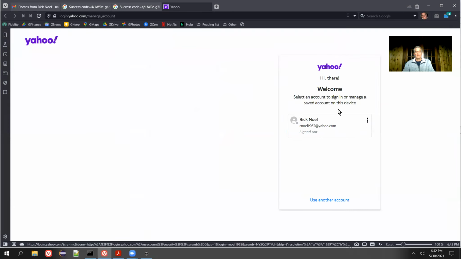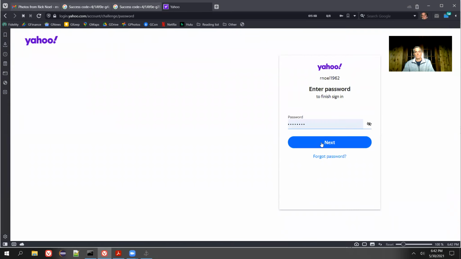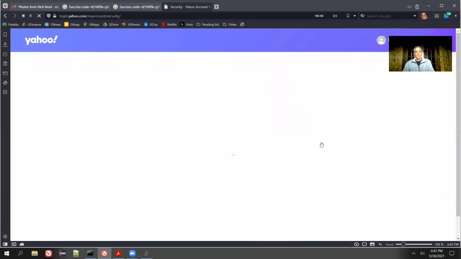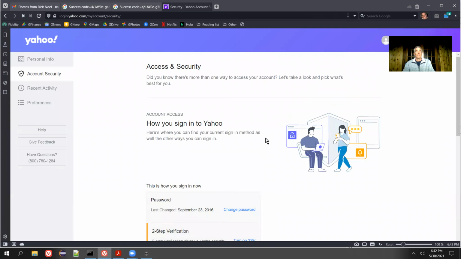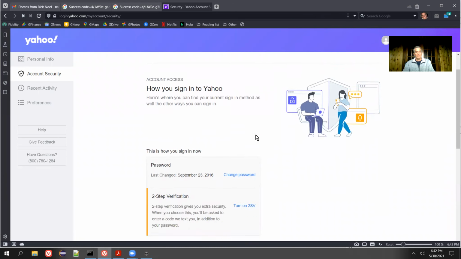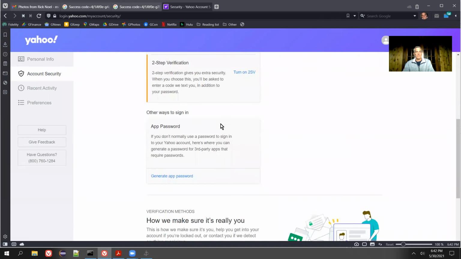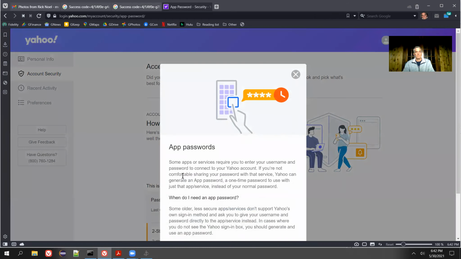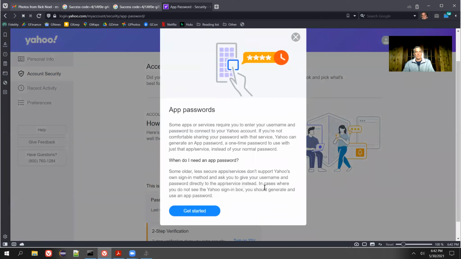And we will log into Yahoo. And we are taken to the security page from Artemis. And if we scroll down the security page, you'll see the other ways to sign in and app password section. And here we're going to click on the Generate App Password. This just gives some text explaining what we're doing. We're basically asking